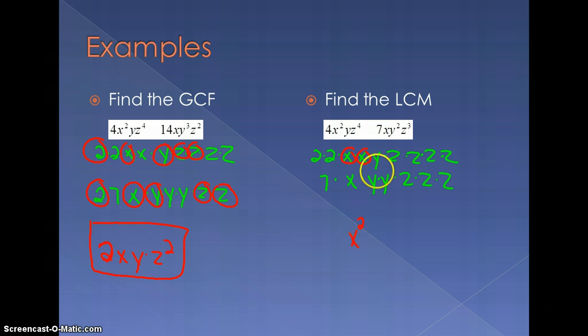I cannot just take one of them, I have to take both, so I'll end up with y squared. And z cubed, z and z to the fourth. Z to the fourth is a multiple of z cubed, but z cubed is not a multiple of z to the fourth, so I have to take all 4 from up top here, so I end up with z to the fourth. So if you notice with the variables in that one, we took the greater of the exponents for